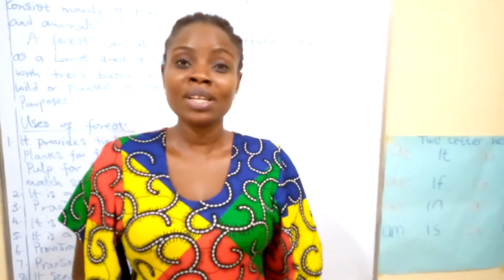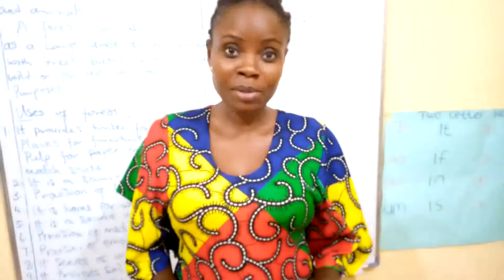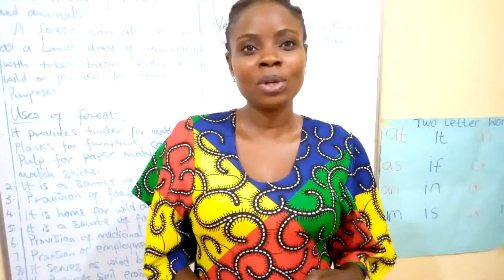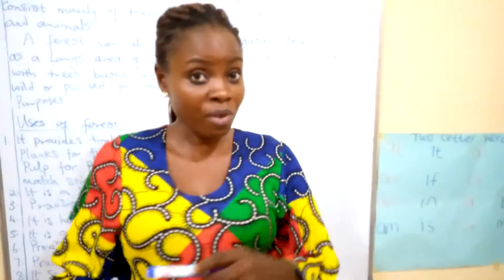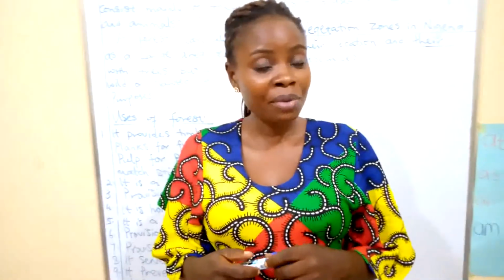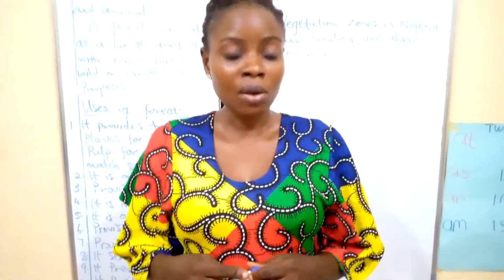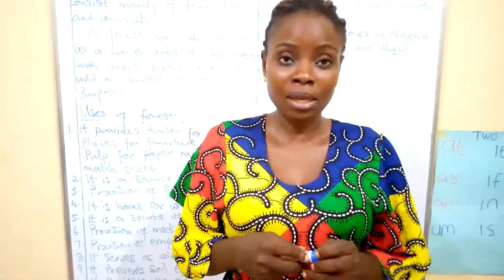Yes, we're talking about the vegetation zones in Nigeria and of different types, from north to south, from east to west. We have different vegetation. Haven't you wondered why you have something like the rainforest? I don't have rainforest in the north, but you have rainforest in the south. All right. In the north, you have a very, very dry and arid region, but you don't have something like that in the south. Yes, they are all there as a result of the different types of vegetation zones, or what we call belts, in the country.